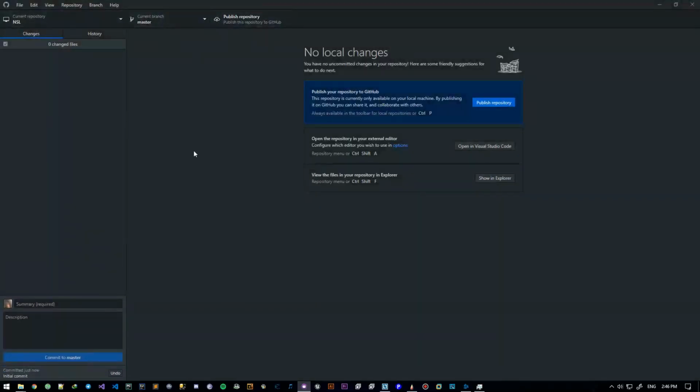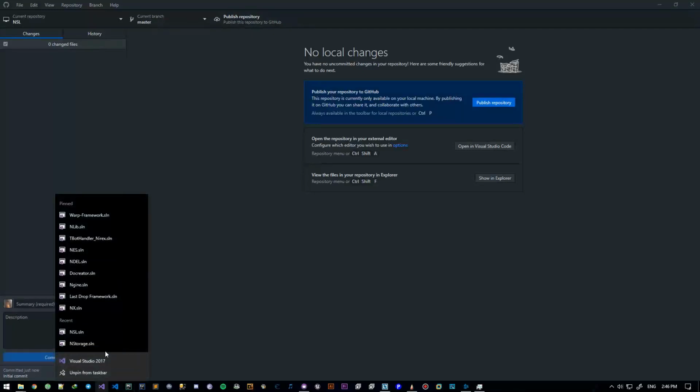Quite simple. Alright, so now I have the repository all created and good. I can go ahead and publish it, but I'm not going to do it just yet. And as you can see, I've already done it a couple of times. Okay, so let me just go ahead and